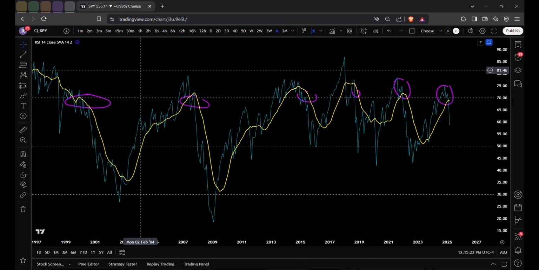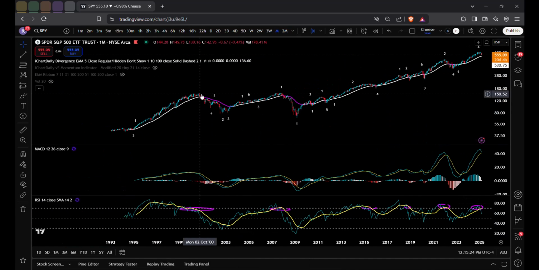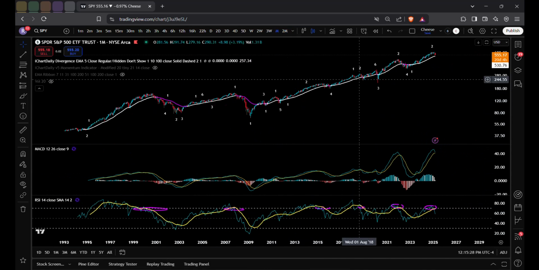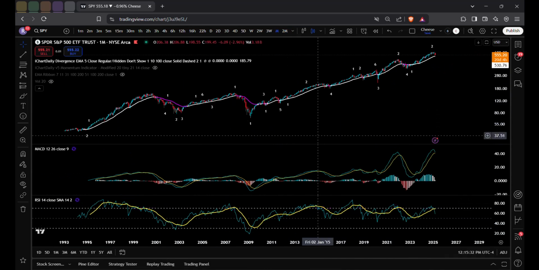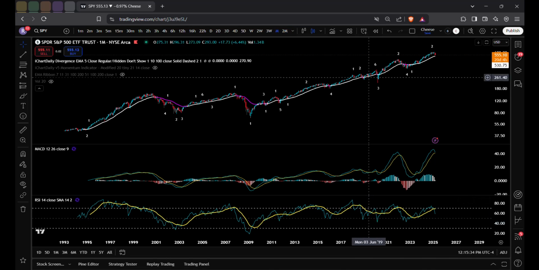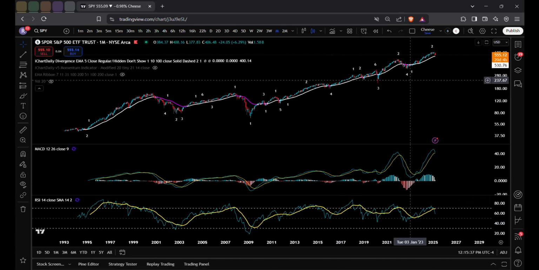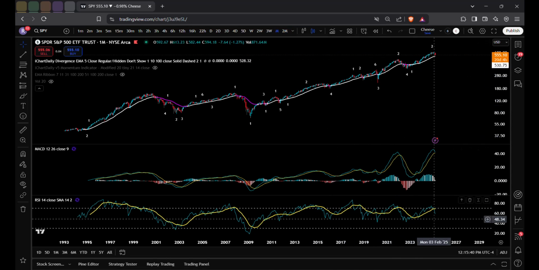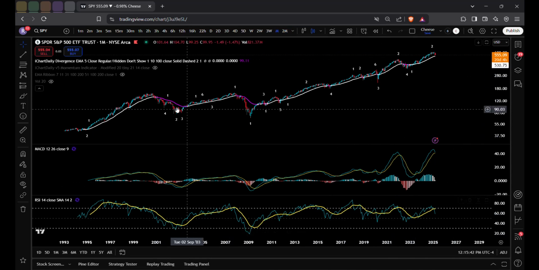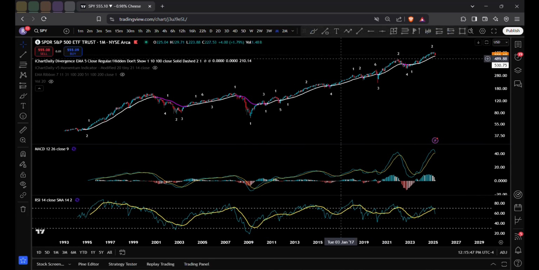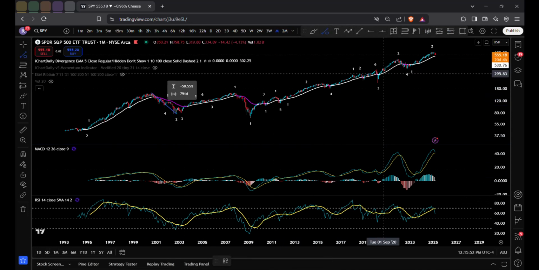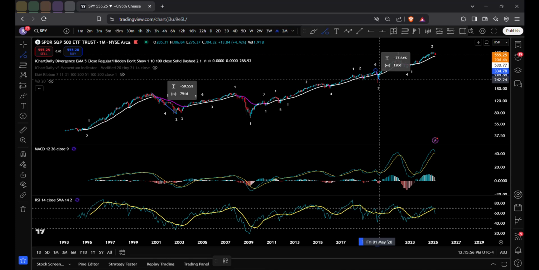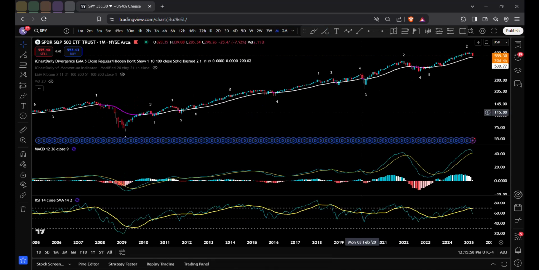And then I want you to double click the chart and see every circle and see what the price action was thereafter. And it was never a good thing. Sometimes we went to the 45-50 range and we had small 15, 20, 30% corrections. Sometimes we broke the 50 line and went to the 30 and below and we had big corrections, about 50% back to the 50 line. Let's just say anywhere from 15 to 30%, right?